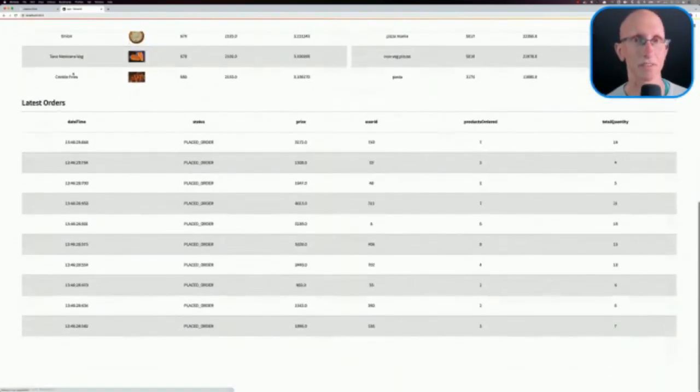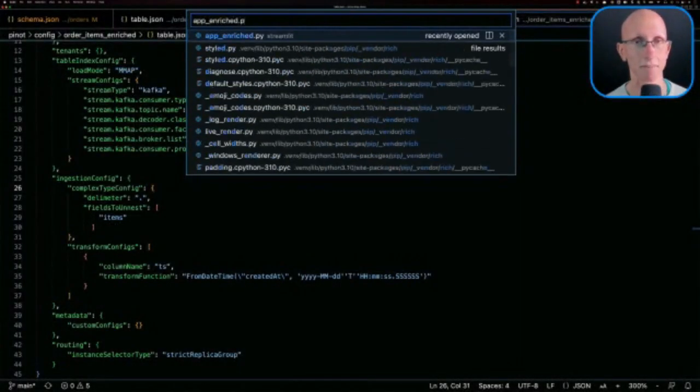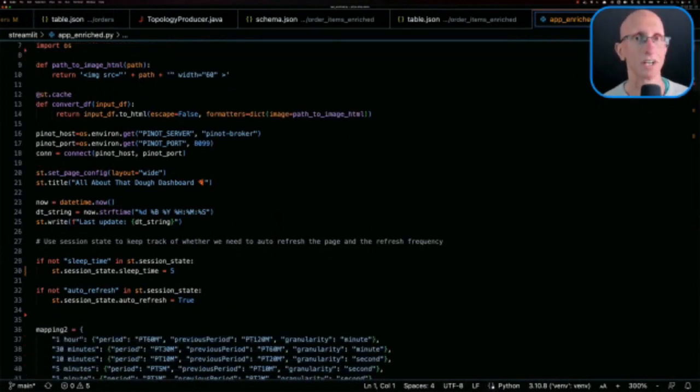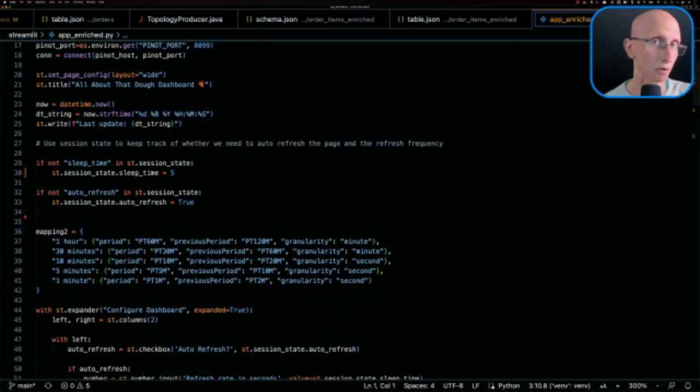Let's conclude the demo by having a quick look at the Streamlit code that is building this dashboard. So let's go into our Visual Studio Code again. You can see at the top, we're connecting to Pinot. So we've got our connection string. Then if we scroll down a little bit, we've got the auto refresh code. That's what causes it to loop back to the beginning to go again. And then at the bottom,